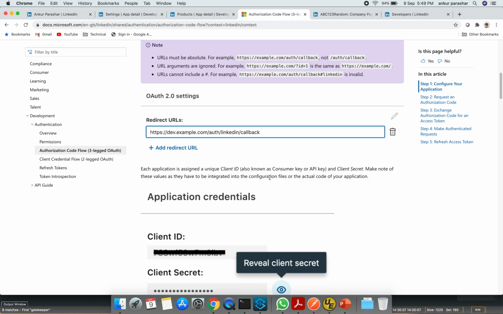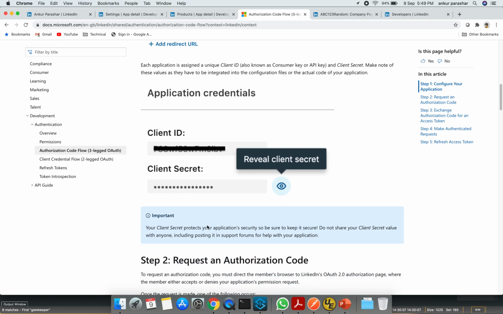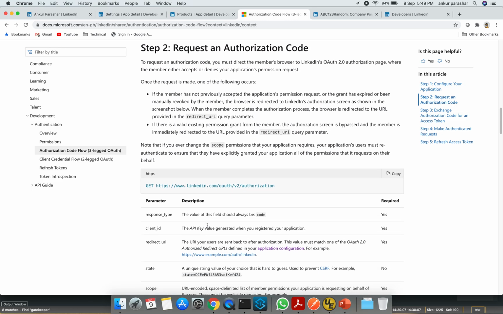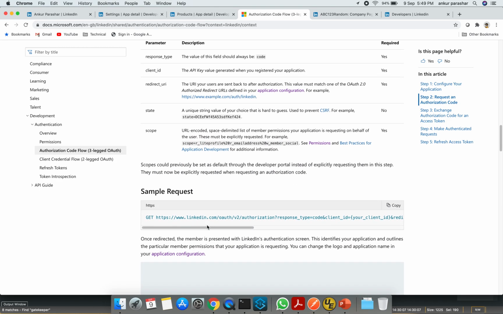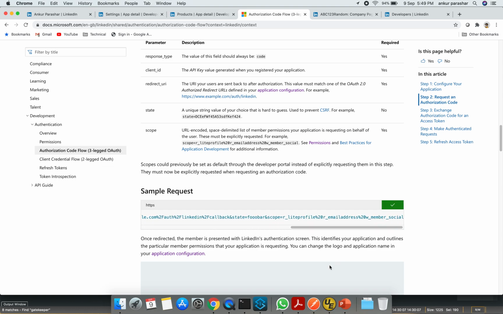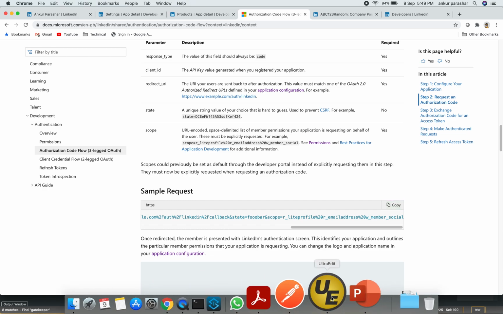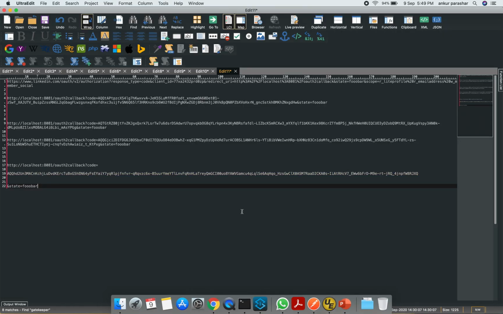It is talking about dev.example and again referring to the same client ID, client secret, all the stuff. Authorization, and see this particular thing. Let's copy this and paste it over here.